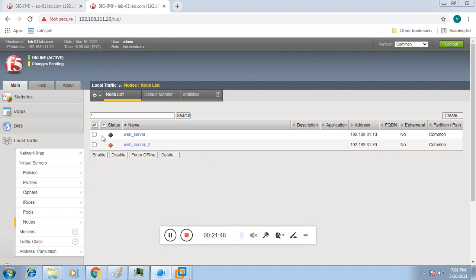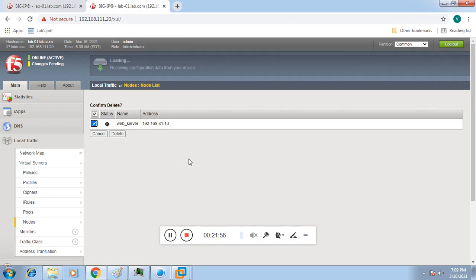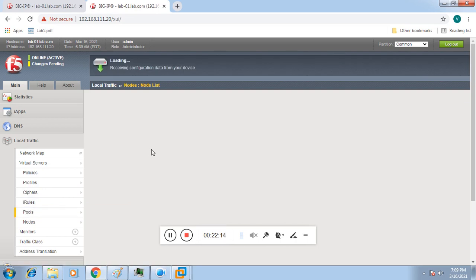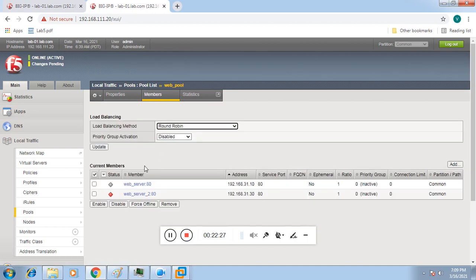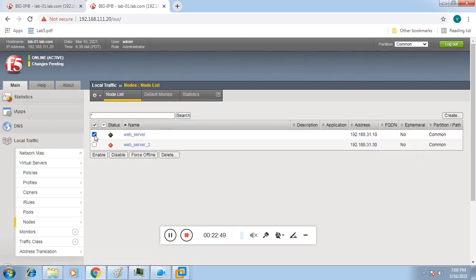And if I delete one node on this F5, let me delete this node. So if I remove this node from here,